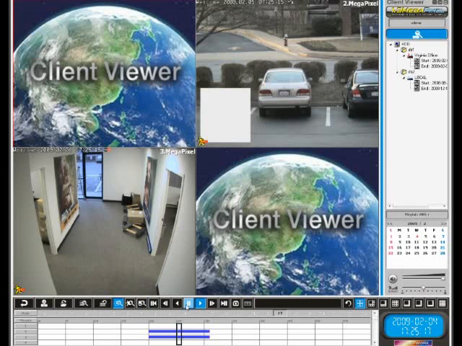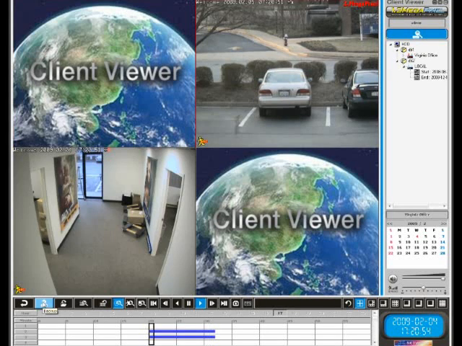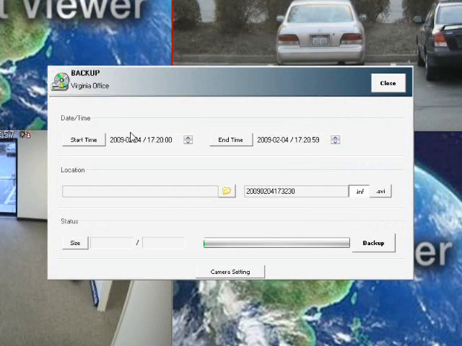Next thing I want to show you is how to back up video from your recording schedule. Once you're in the search screen, and once you know the information that you want to back up, the start time, end time, and the cameras that you want to record, click Backup. And once you have the backup screen, set the start time, the end time, and select the folder that you want to record in, or the destination folder you want to record in, and then choose the format you want